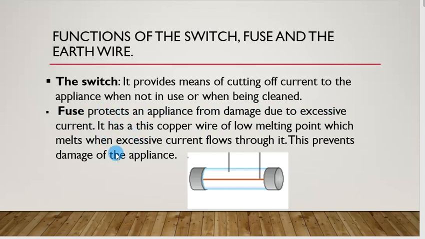A short circuit is whereby the live comes into contact with a neutral, maybe, or with the metal casing of an appliance. When it comes into contact with the metal casing of an appliance, and this appliance has an earthing, it's like the earthing has become the live itself, and that would draw a large current, because the earth is at zero potential. The earthing is made of a large copper rod that is buried in the ground, which is almost of negligible resistance, so it draws a lot of current, so a larger current passes through it.